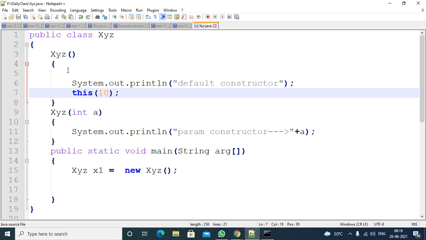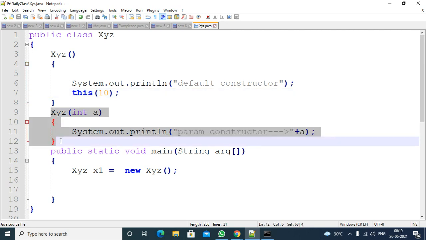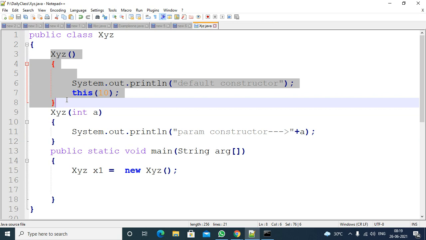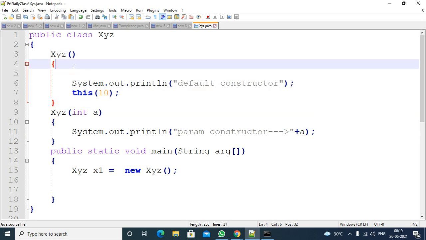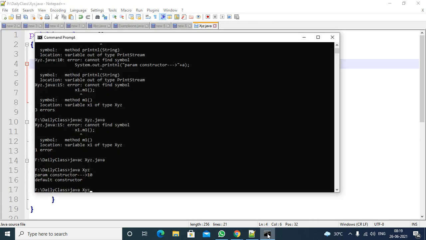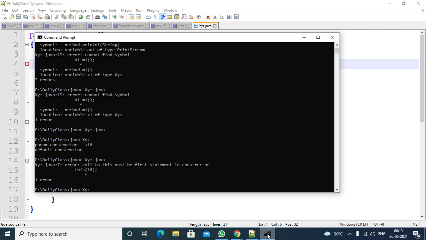You are trying to call a constructor, that is the parameters constructor, from the default constructor. Whenever you call, the call must be in the first line, not in the middle, not at the end, not anywhere else. If you use it somewhere else, you will get a compile time error. Compile the program: call to this, meaning the call to the parameters constructor, must be the first statement inside the constructor.